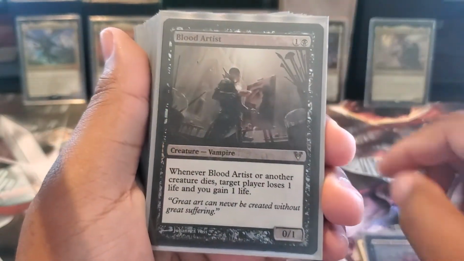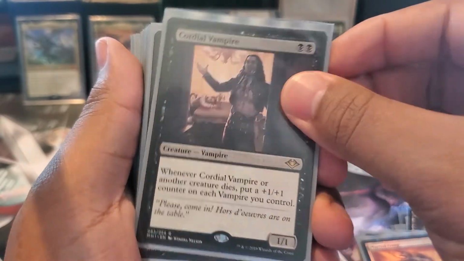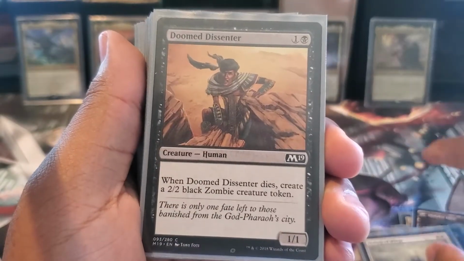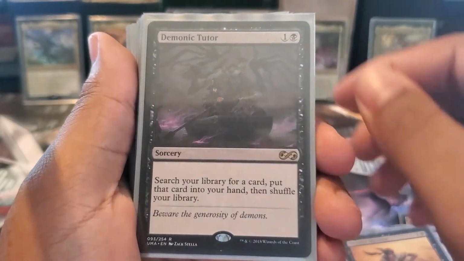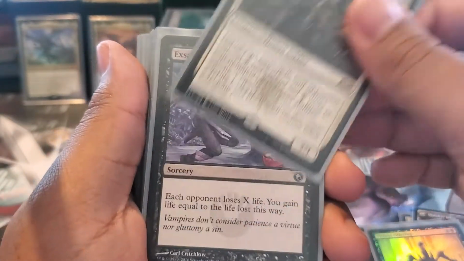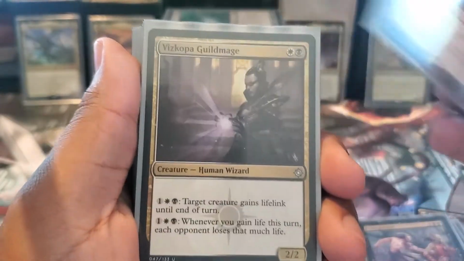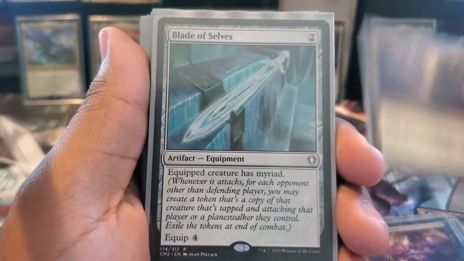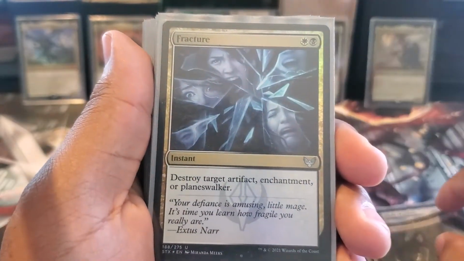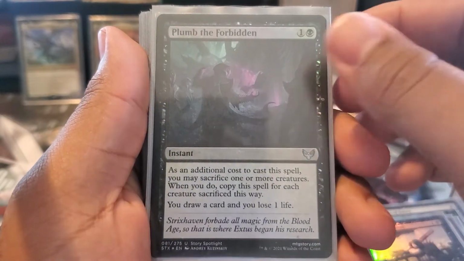Feeder, Blood Artist, Martial Coup, a Cordial Vampire, Altar of Dementia, Bishop of Wings, Doom Dissenter, Demonic Tutor, Vicious Offering, a Tithe Taker, an Exsanguinate, Diabolic Intent, Vizkopa Guildmage, Blade of Selves, Orzhov Enforcer, Fracture, Zulaport Cutthroat, Plumb the Forbidden,